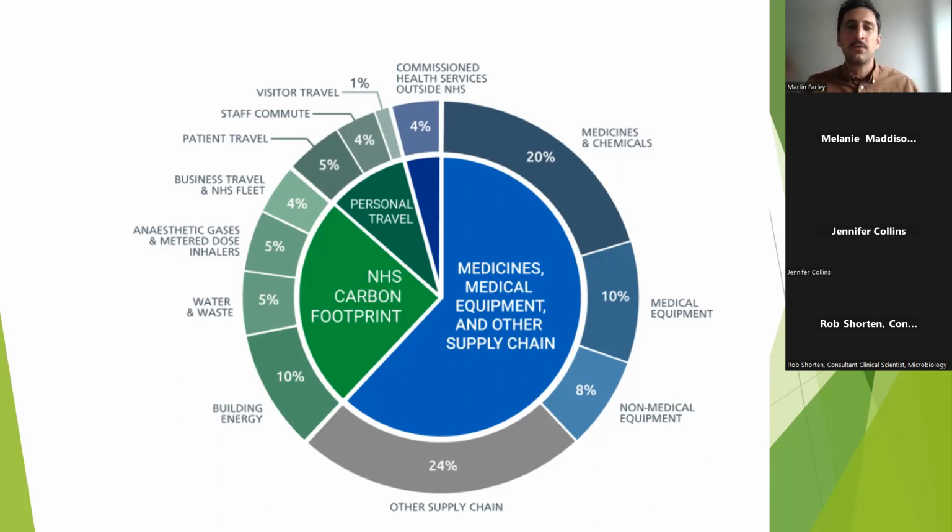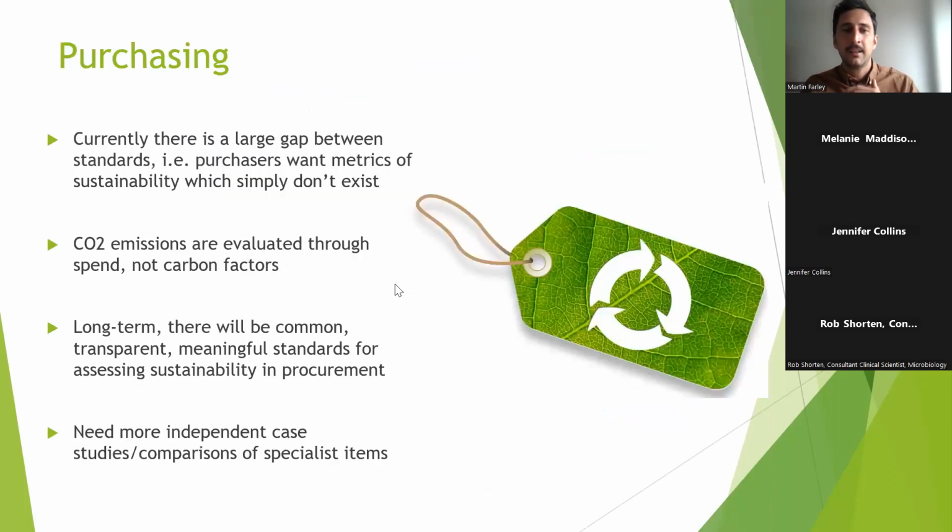It's everywhere. It's not just unique to our labs and the NHS, but these are the challenges that we have as a whole for institutions everywhere: to try to figure out what the actual emissions are and where we can reduce these emissions. I'm going to get to our setting in a second, but purchasing is this massive area. It's huge, but the truth is that there are no good, real, transparent metrics for the sustainability of what you buy. So it's really tough. And I'm going to talk about how we can address it and maybe open it up to the group.